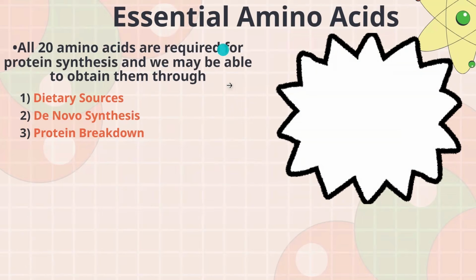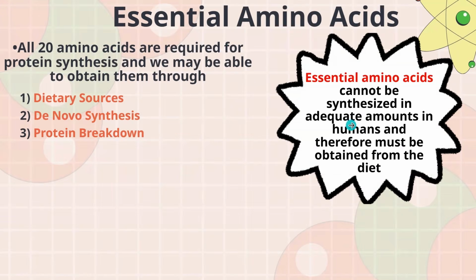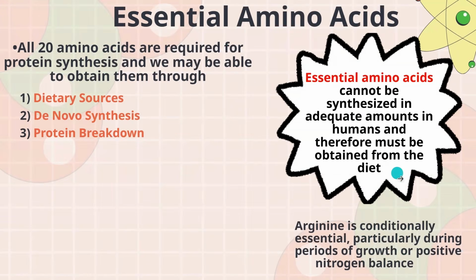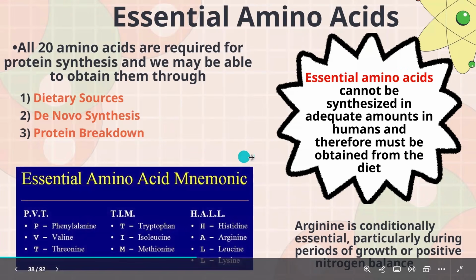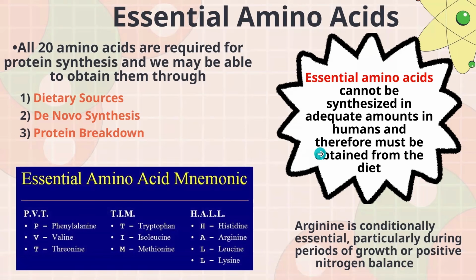Which is why we always tell you, go eat your protein, for the gym enthusiasts, because there are some amino acids we need, right? And here, arginine is conditionally essential, particularly during periods of growth. Just recognize this because it is a very important amino acid, also for regulating N-acetylglutamate in the other lecture. So here, let's talk about the essential amino acid mnemonic, the very famous mnemonic we all love, PVT TIM HALL. Just go over it again. I'm sure you guys still remember it, and it's still somewhere deep in our cortex.